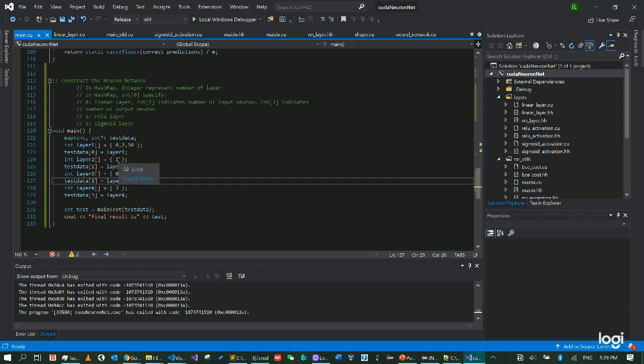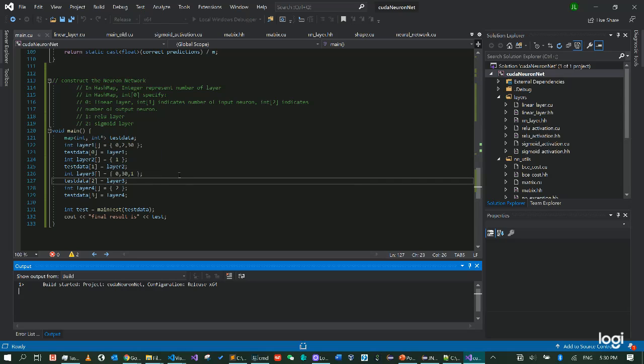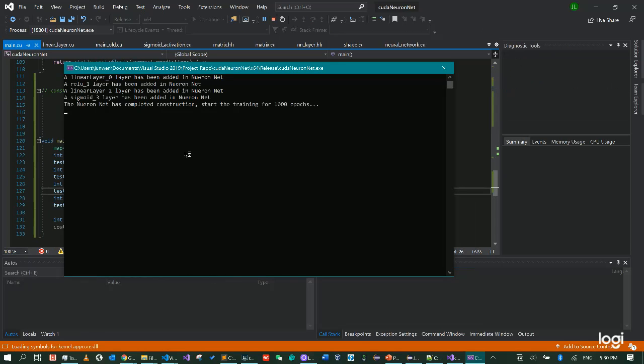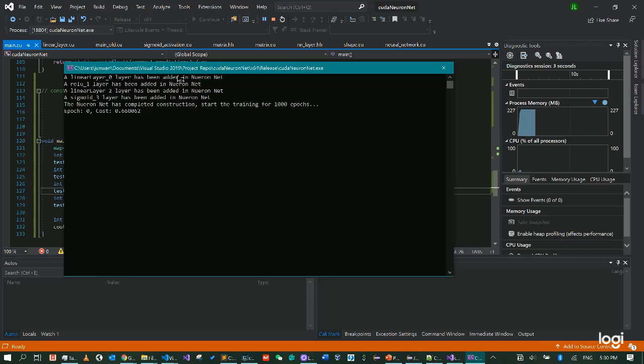And here we have the second array. The first element in the array is 1, that means we are going to have a ReLU layer, and the same thing applies to the rest of the layers. So if we run this main method, we will be able to see that the linear layer has been added to the neural net, and the ReLU layer has been added to the neural net. Similarly, linear layer 2 has been added, and the sigmoid layer has been added to the neural net, and then we will know that the neural net has completed construction, and it will start training for